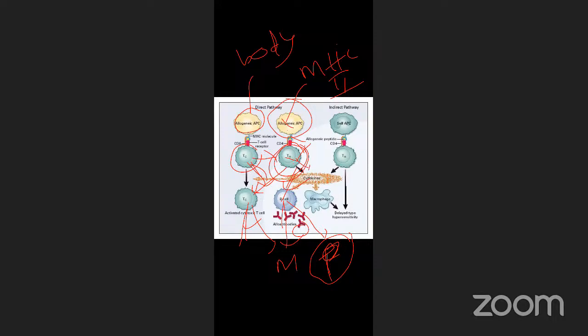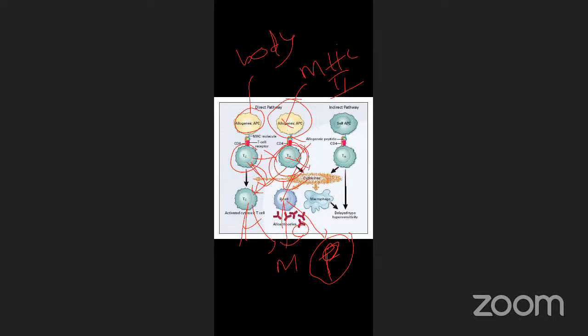Coming to these molecules, we have two major types of MHC molecules. Class 1 MHC molecule is there on every nucleated cell, but class 2 is there only on specialized cells, which are called professional antigen presenting cells. For example, macrophage, dendritic cell, and B cells. These three cells are called professional because their profession is presenting the